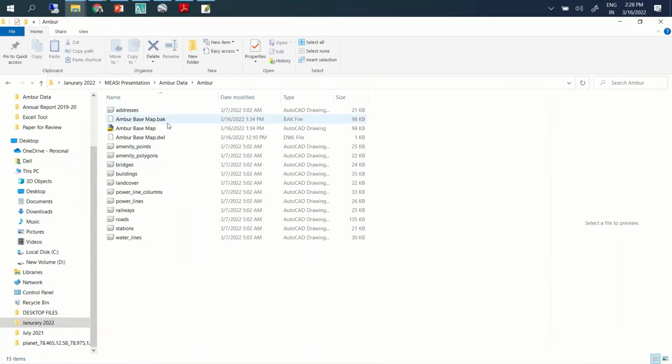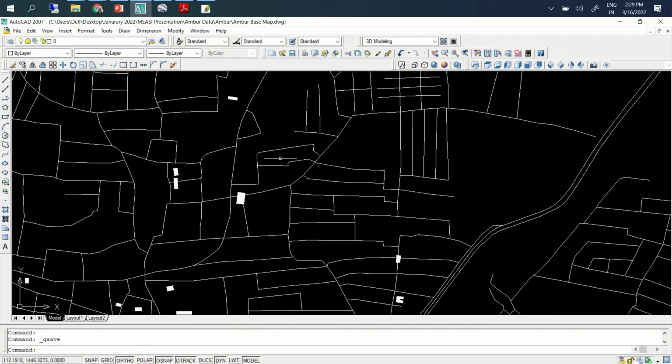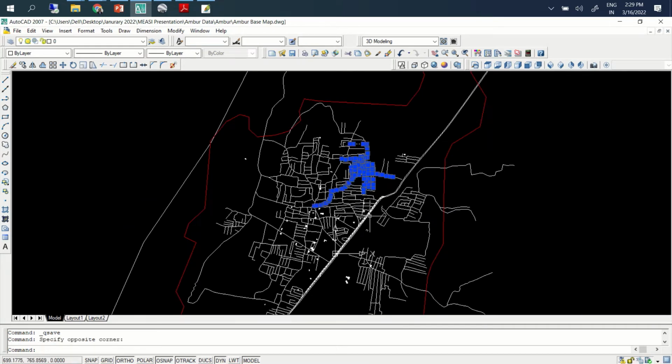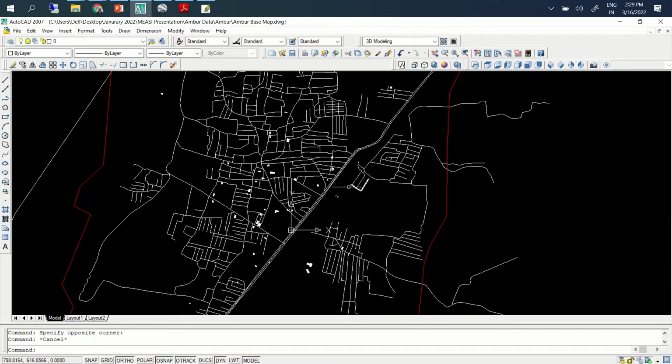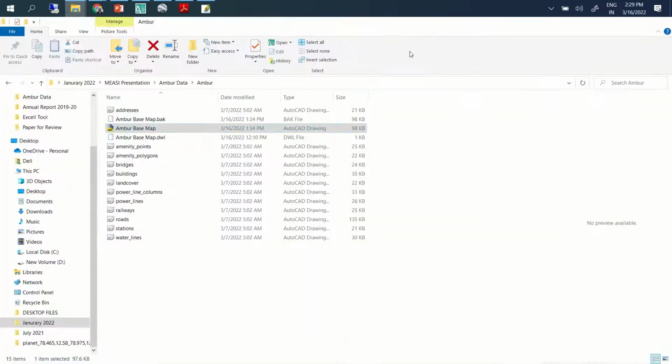So once you unzip the files, you will have all CAD files, DXF files basically, for that particular location. I have just downloaded the same thing, and this is one of the outputs where we have road networks, major road networks available. The issue is, I'll tell you what the issue is here. Though it says we have information on amenities, bridges, buildings, land cover, power line, and so on and so forth.